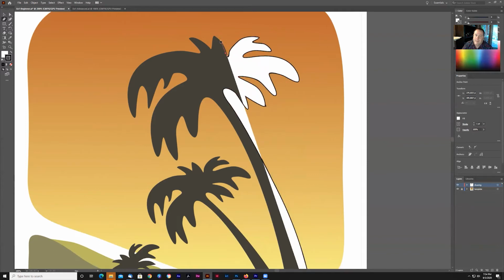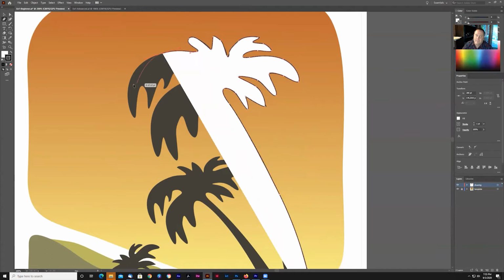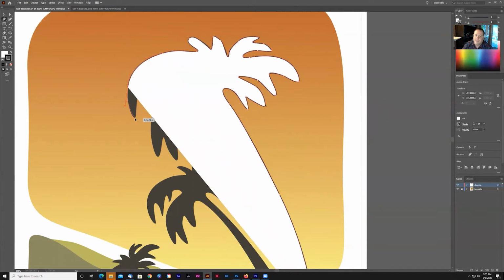So I'm going around the palm tree. I'm actually going a lot more careful than many other times I've done this. And again, if you make mistakes, it's okay. Just keep going. Here's where the problem comes in. Notice the problem? Can't really see where the next point's going to go because you have what is called a